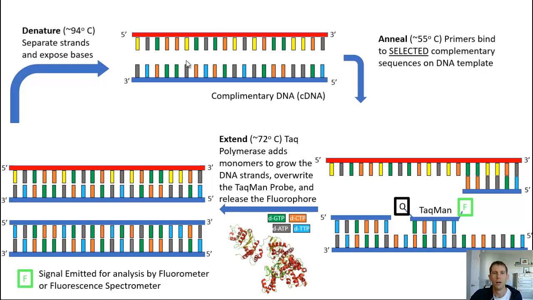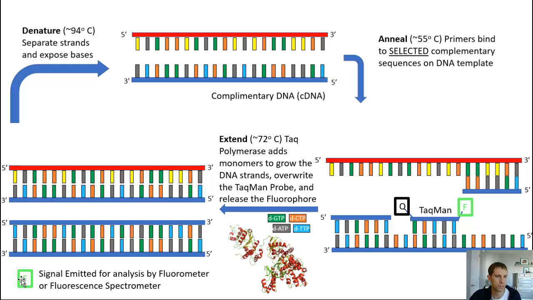from the RNA sequence that we expected to be in there. But as it grows, we're going to break apart this DNA chain. So our single-stranded DNA is going to break apart, which means that our fluorophore is going to be alone in solution. So it's going to be free-floating in solution, no longer tightly bound to the quencher. What that means is that there's going to be a fluorescent signal emitted, and we can analyze that by a